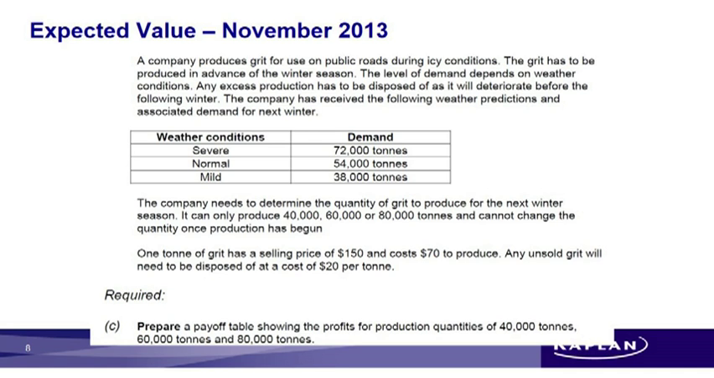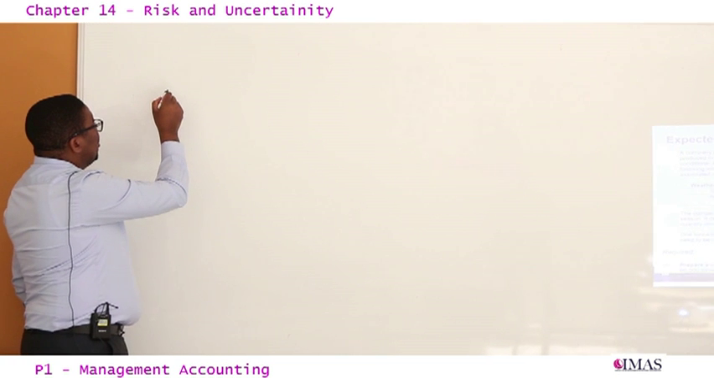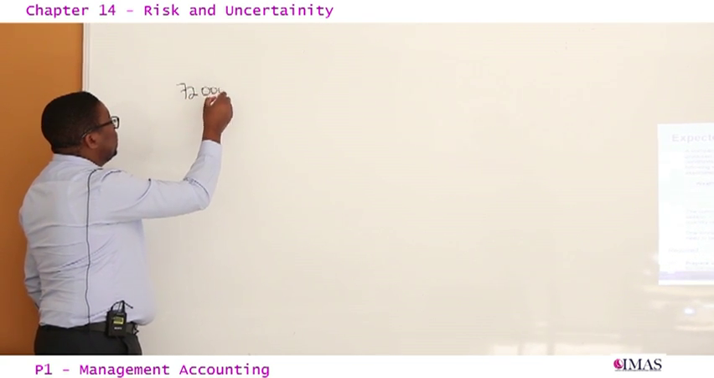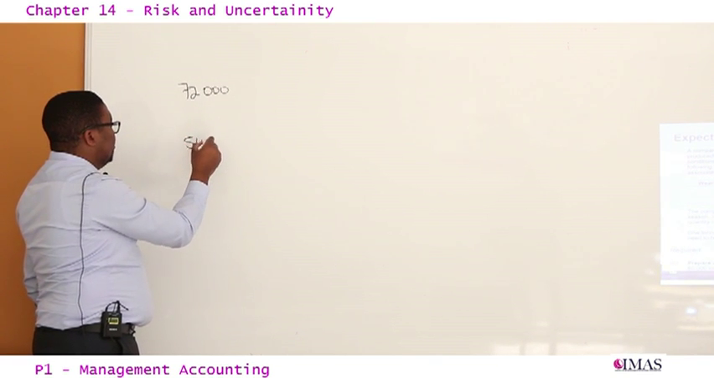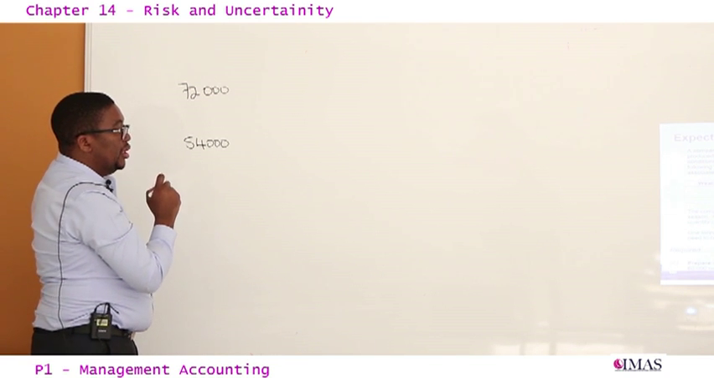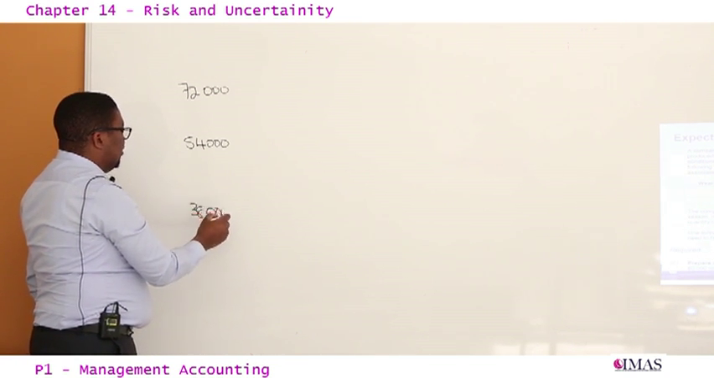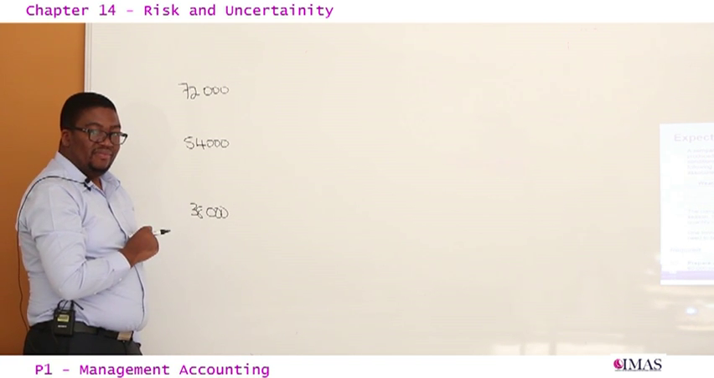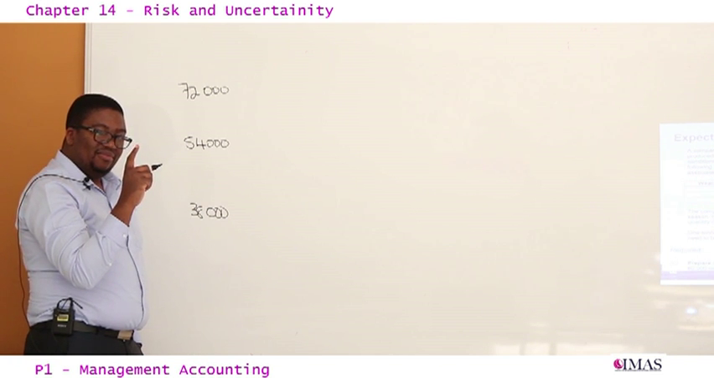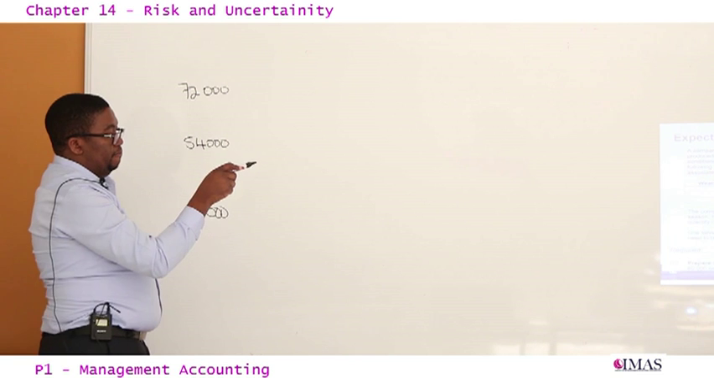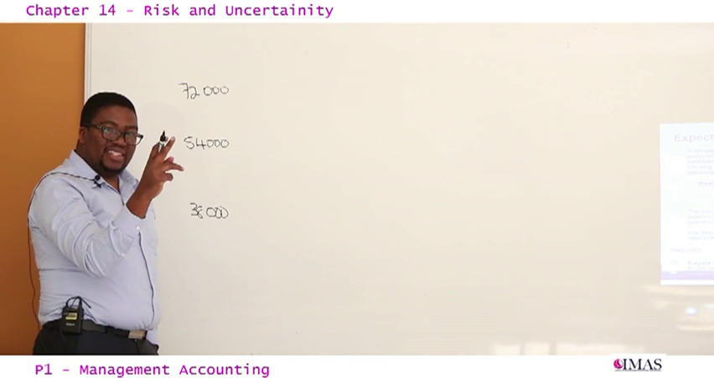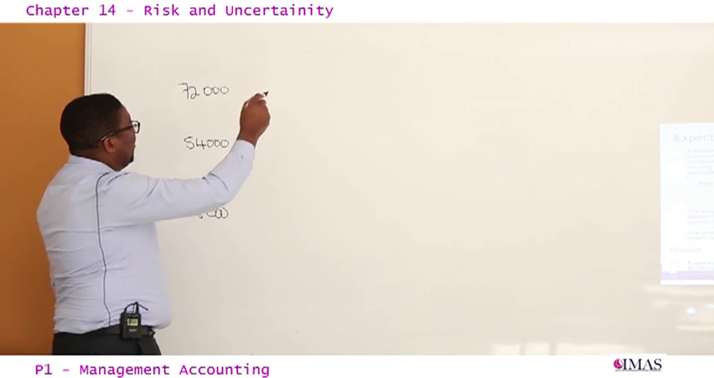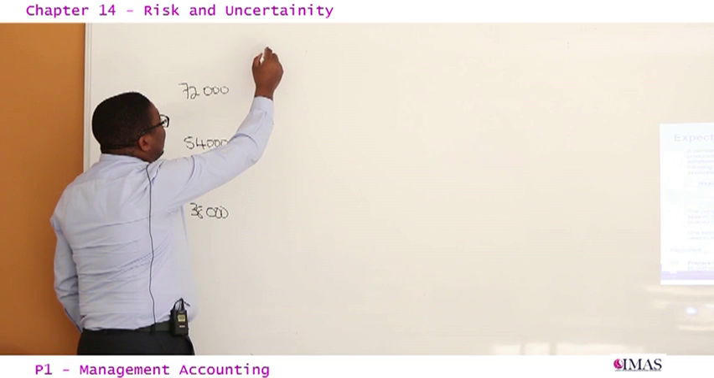Number one, on our vertical side, we're going to have our demand. The demand can either be 72,000, or it can be 54,000, or the last option, it can be 38,000. However, the production can either be 40,000, 60,000, or 80,000. Therefore, if production is 40,000,